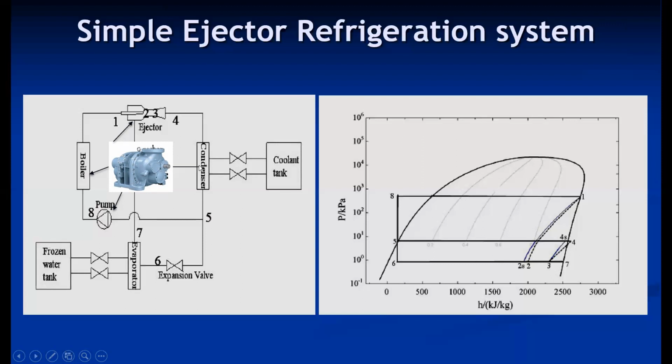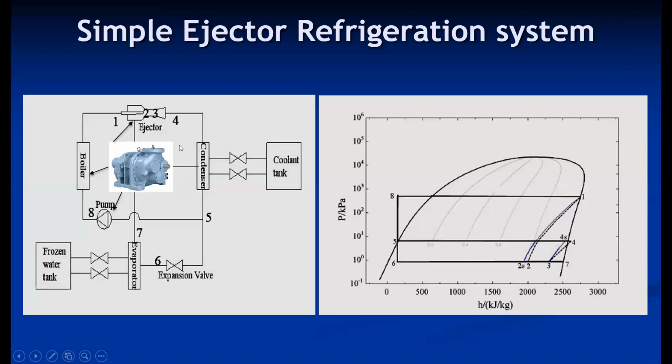So this is how the vapor compression system works. The three functions of the compressor are suction of the refrigerant, then increasing its pressure and increasing its temperature. These three functions can be done with the help of three separate devices. Suction is done with the help of an ejector. Then the increase of pressure is done with the help of a pump, and the increase of temperature is done with the help of a boiler. So the compressor is replaced by a pump, boiler, and ejector.